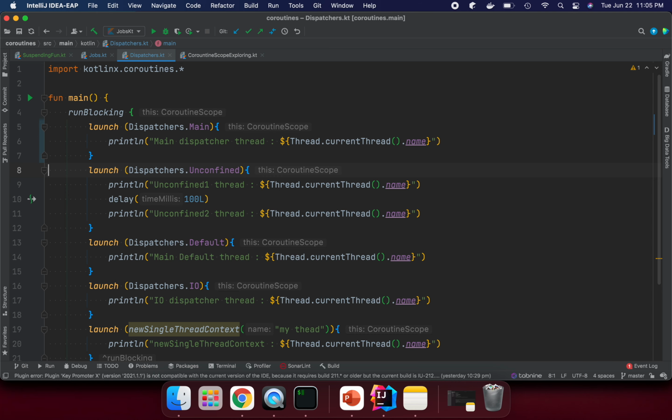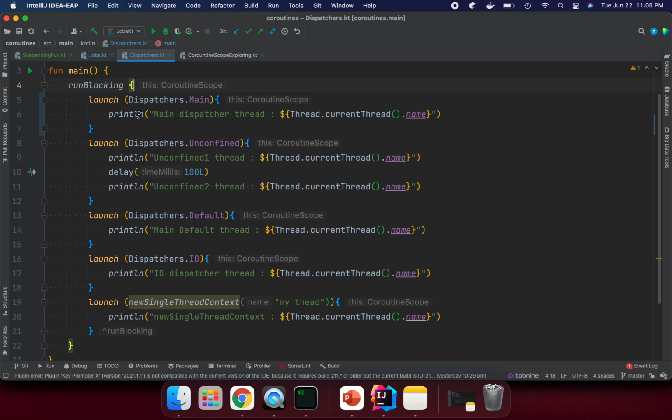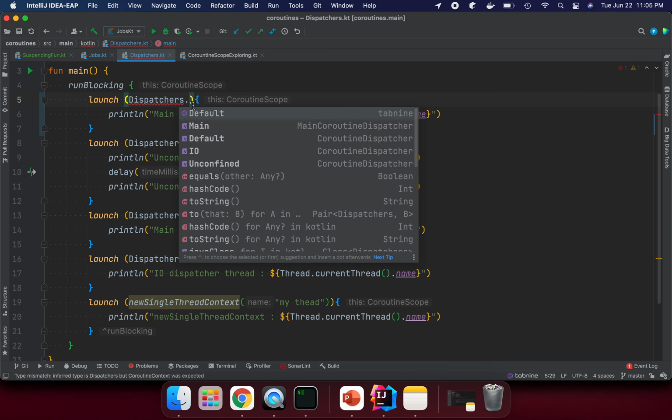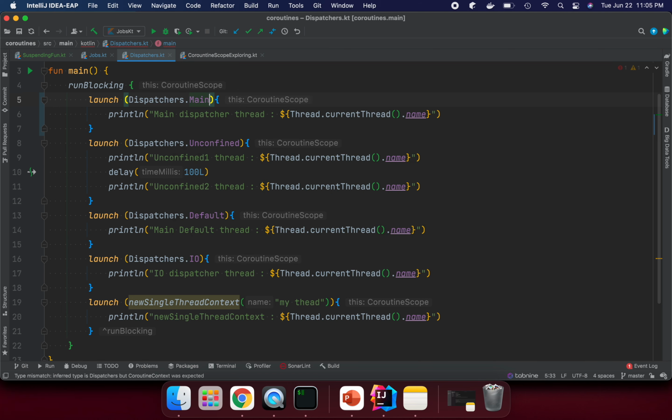Basically I am using runBlocking here and launching with all these dispatchers. The context under launch is optional, and you can provide an individual dispatcher. If you type Dispatchers dot, all the available dispatchers appear: Default, Main, IO, and Unconfined. I'm going to say Main, and I put one Unconfined as well.